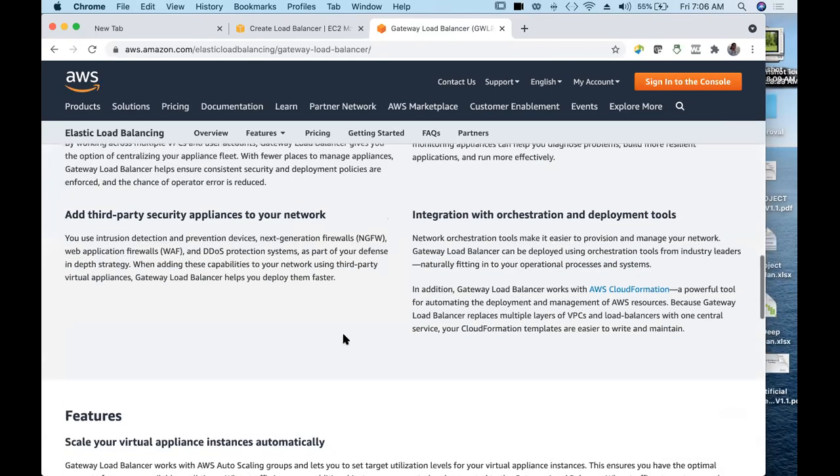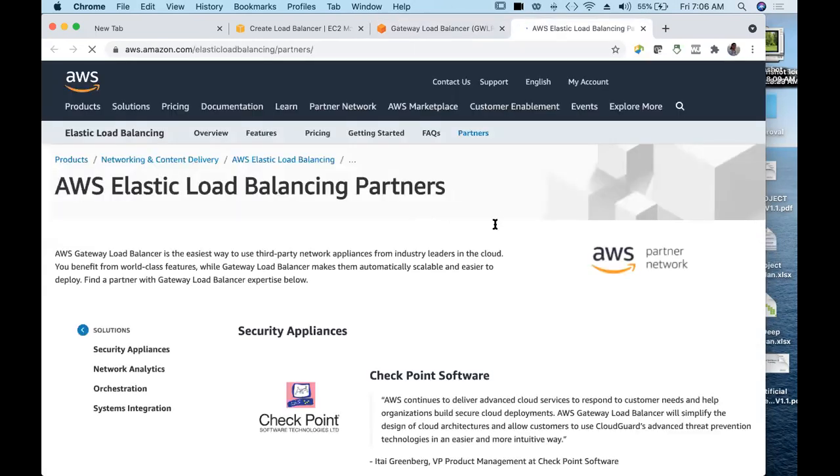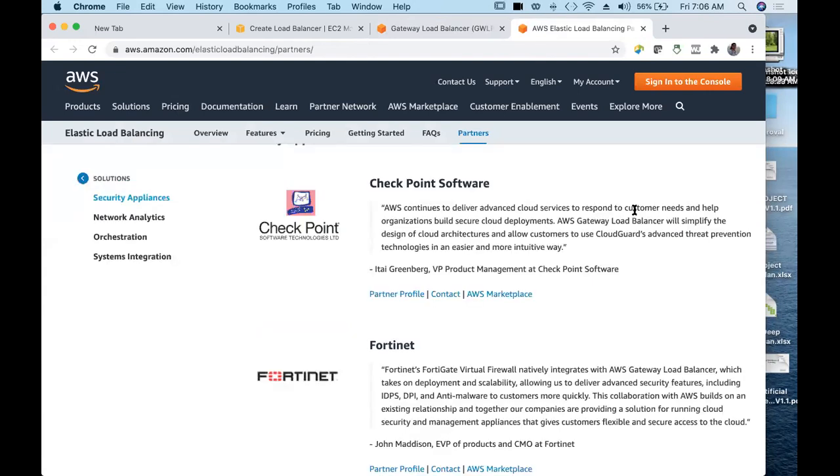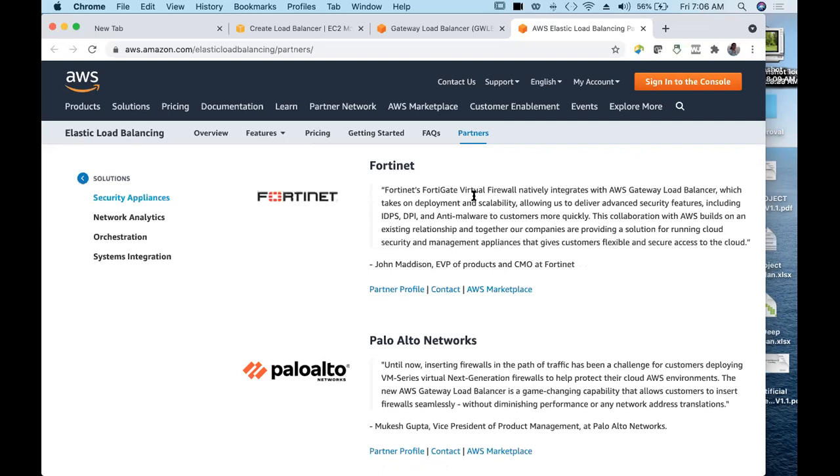See, Checkpoint is a software AWS continues to deliver. What they'll do, this Checkpoint, they provide threat prevention technologies. Checkpoint software technology. Fortinet is another one, which provides you virtual firewall natively integrated with AWS gateway load balancer.